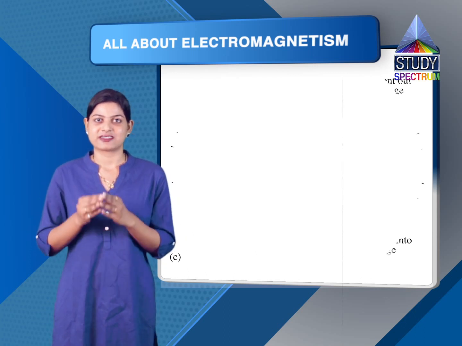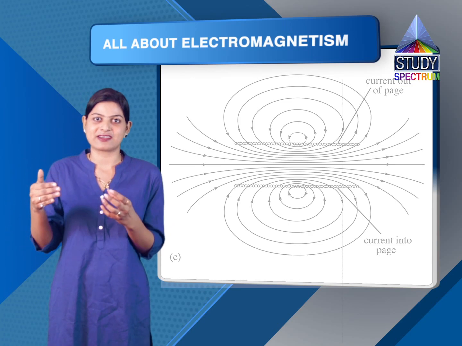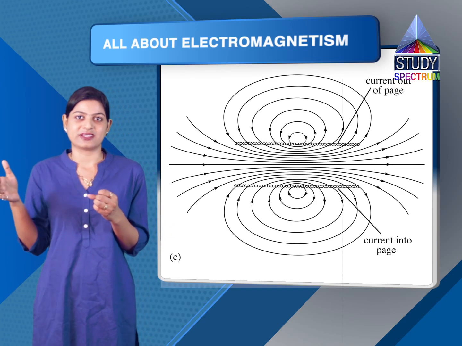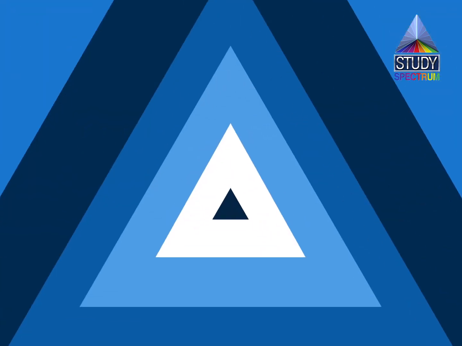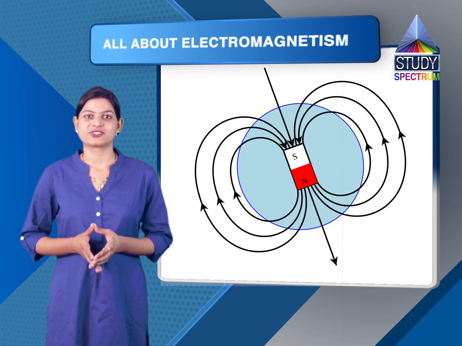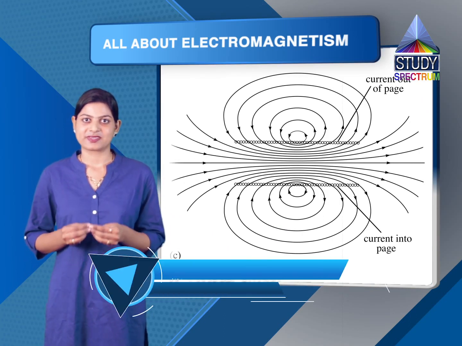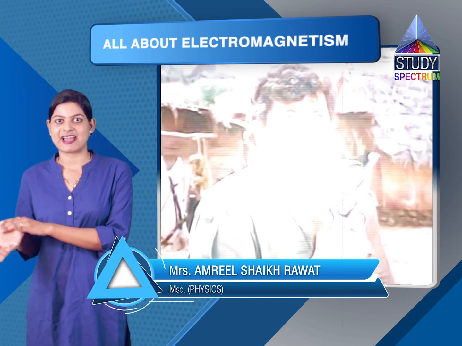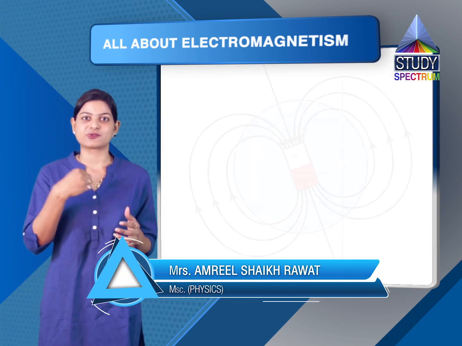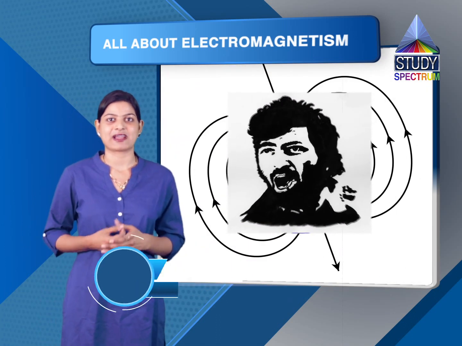The effect of the magnet extends to a certain extent. So to define magnetic field, we say it is the area to which the effect of the magnet is extended. Similar to the case of Gabbar, the area which was covered by Gabbar was his magnetic field while Gabbar was the magnet.